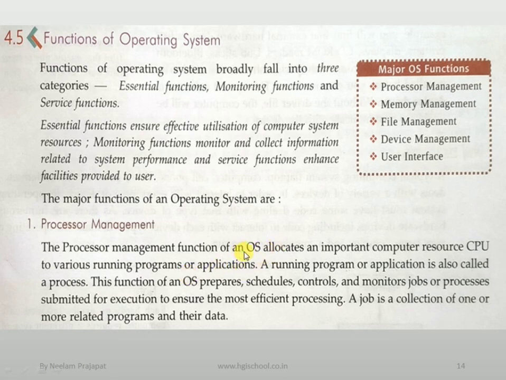Here the function of OS is to allocate computer resources connected with the CPU to various programs or applications. Like in VLC, if we are listening to music, then we will be able to hear it on the speaker. That means VLC will be connected and allocated to the speaker with the help of the operating